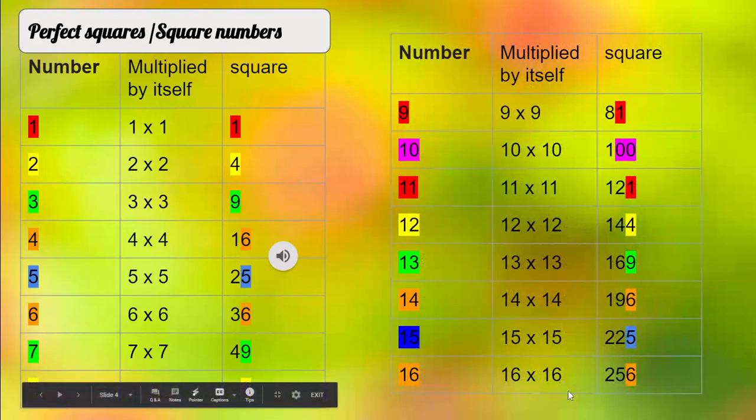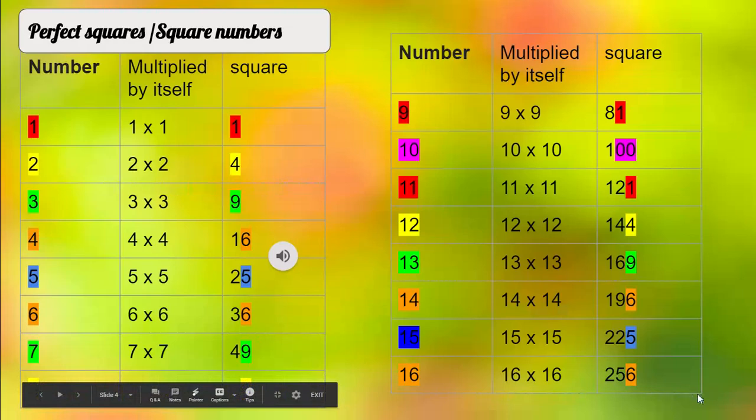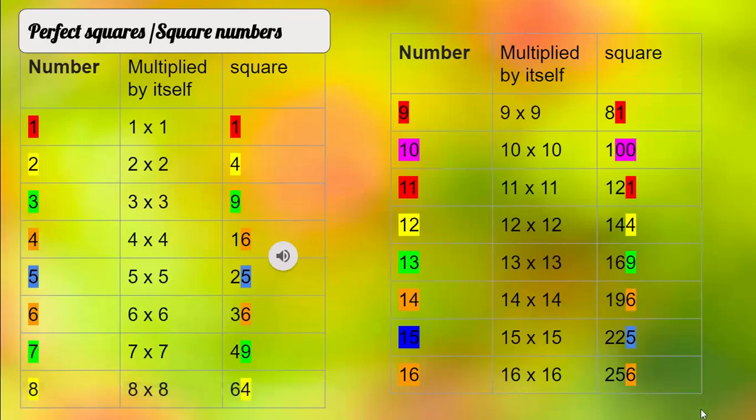Whenever you talk about a number which is obtained by multiplying an integer with itself, that number is called a perfect square. Another question is, why have we given this name, perfect square? Is it that not all numbers are perfect squares, because we have so many numbers? Here we see some examples like 1, 4, 9, 16, 100, and so on. But don't we think that every number is a perfect square? No, that is not possible. Only some numbers are perfect squares. In fact, that is why we have given this special name to these numbers.